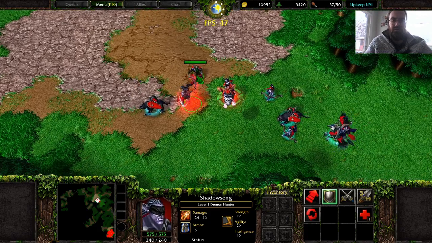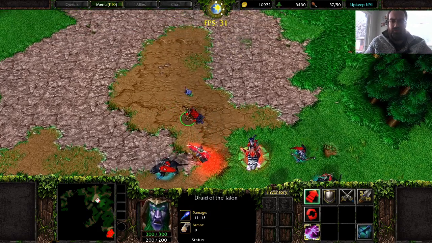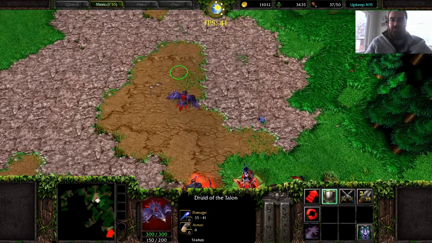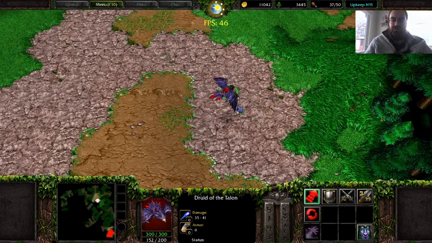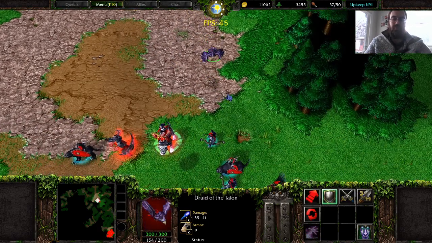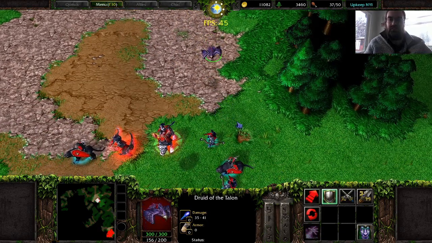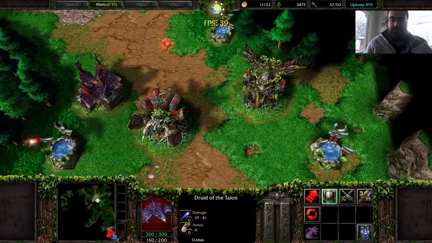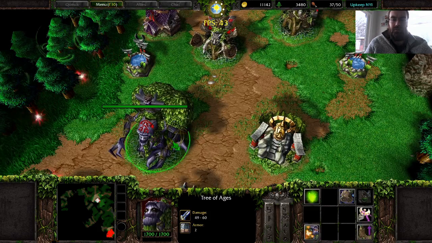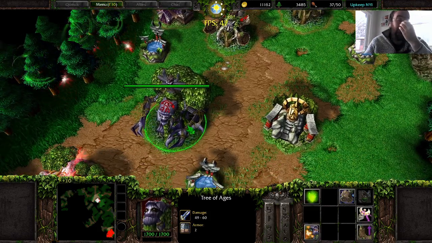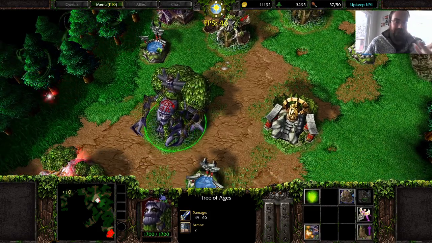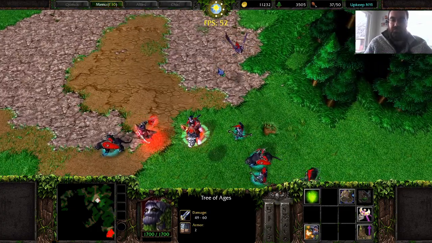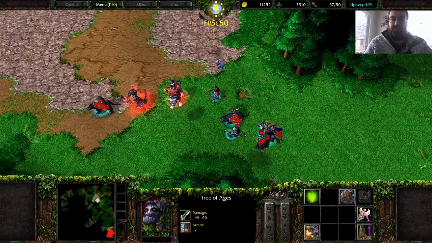I thought it was really cool that the druid has his druid abilities, and he has Stormcrow form, and there's a lot of code that goes into something like Stormcrow form. You have to change all the unit stats and those sorts of things, and load the other unit type. And the only thing even remotely like that had been in Warsmash was upgrading, like when I upgrade my Tree of Life and the Tree of Ages. So that code was there, but in this pull request, this contributor has made some really cool stuff, like the ability to do that. So I thought that was neat.